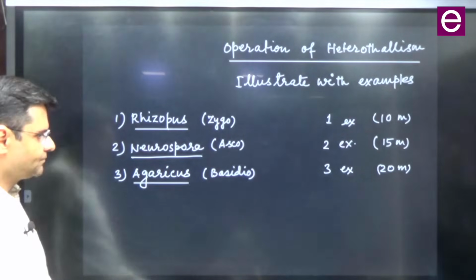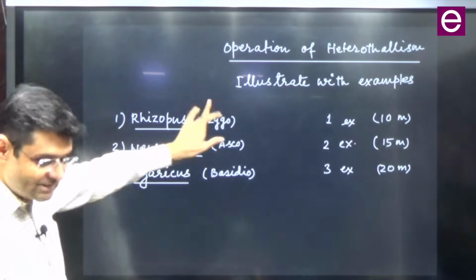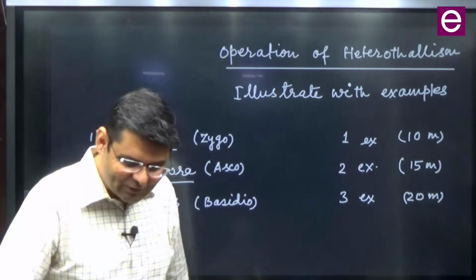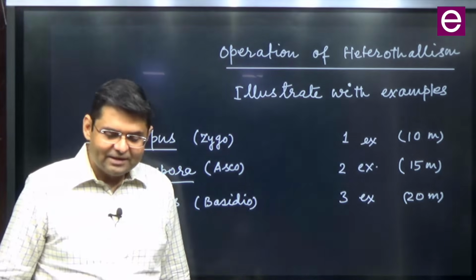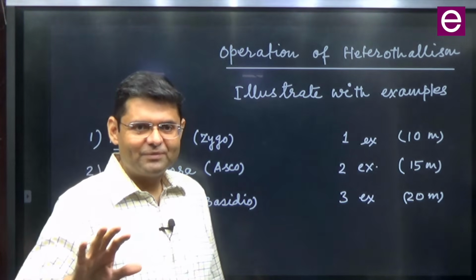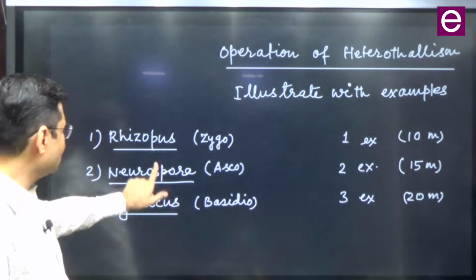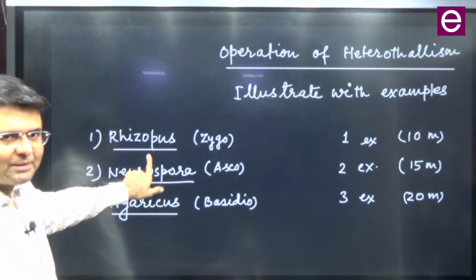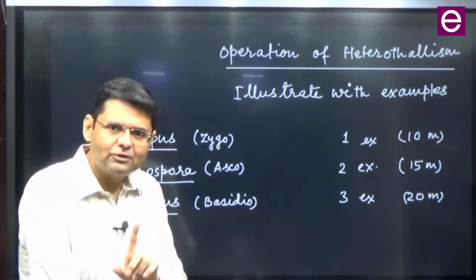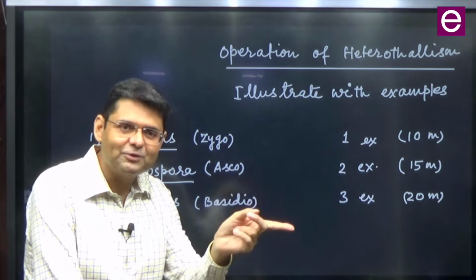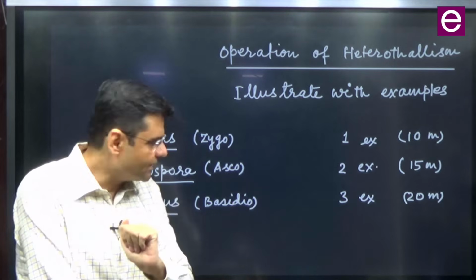Next one. Operation of heterothallism. Now this is for your examination. ये बहुत जरूरी है. ऑपरेशन ऑफ हेटेरोथैलिज्म जब बता रहे हो ना, तो देखो कि कितने मार्क्स के लिए पूछा जा रहा है. ठीक है, अगर 10 मार्क्स के लिए लिख रहे हो ना, जस्ट शो वन एग्जांपल, और वो एग्जांपल राइजोपस का होना चाहिए या म्यूकर का होना चाहिए. ओके, 10 मार्क्स में एक ही एग्जांपल दो, और वो एग्जांपल दो जिसके बेसिस पे डिस्कवरी हुई थी. राइजोपस की लाइफ साइकिल हमने करी हुई है, सो वहां से आप कर लोगे, राइट.